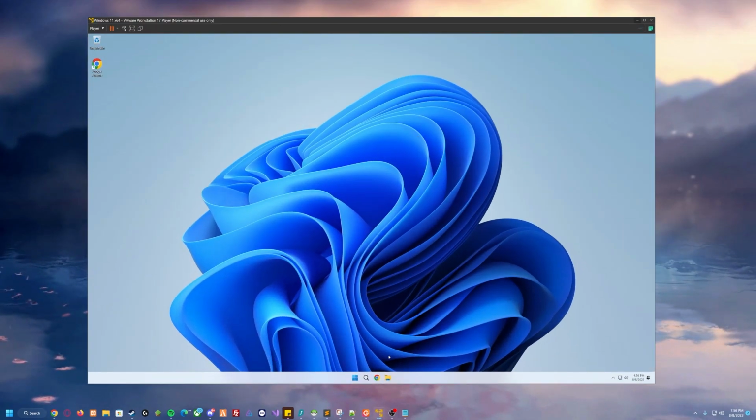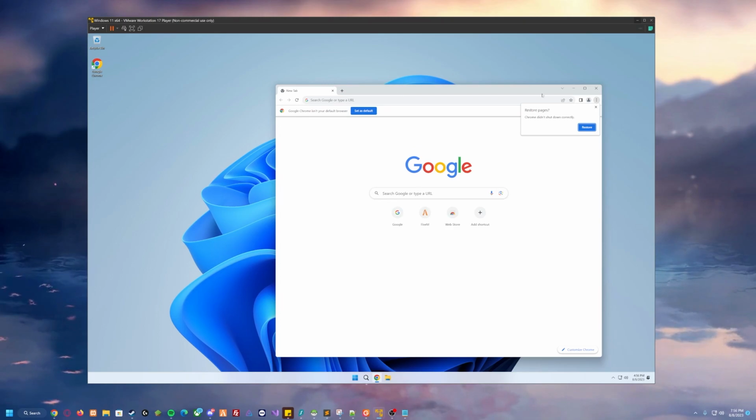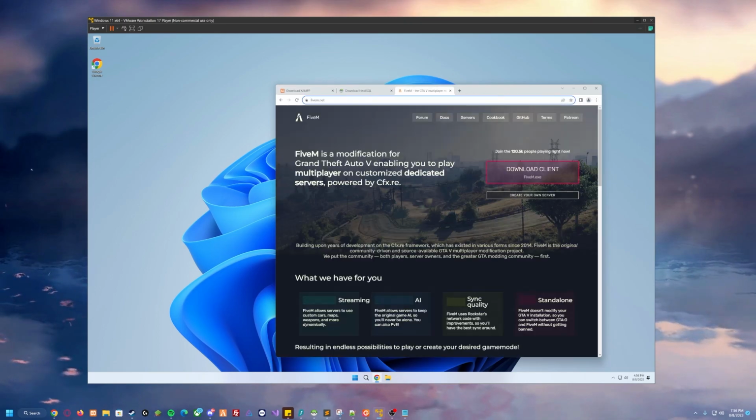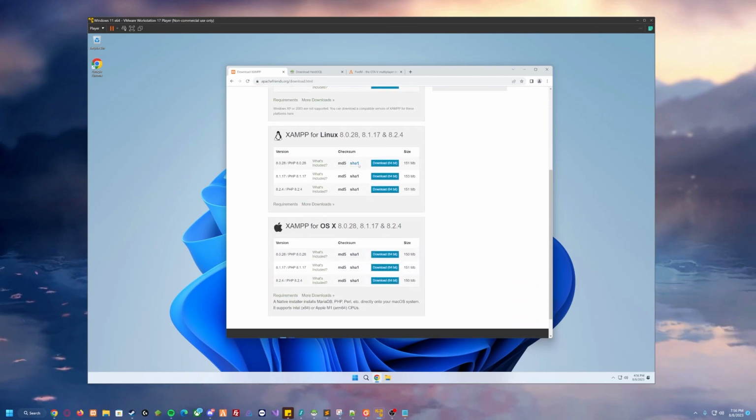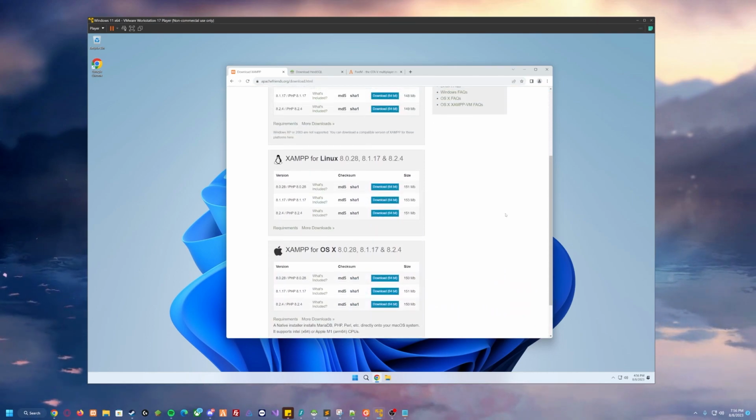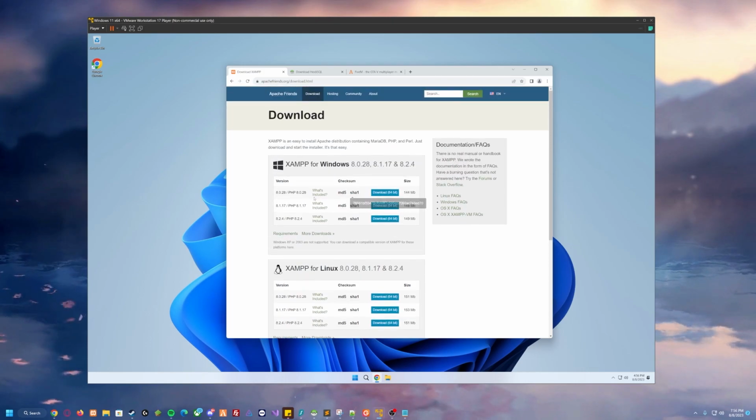First we're going to need a couple of things. We're going to need XAMPP, however you prefer to pronounce it. To me, it's XAMPP. You're going to want to download the version that is right for you, because I am running a Windows 11 environment. We're going to be looking at the Windows section. If you're running Linux or Mac OS X, your installs may vary, but we're going to be using